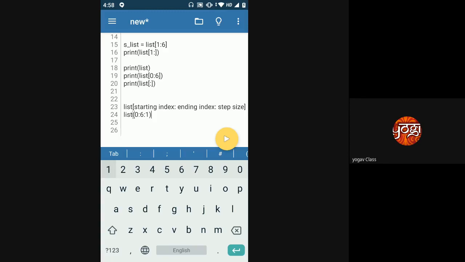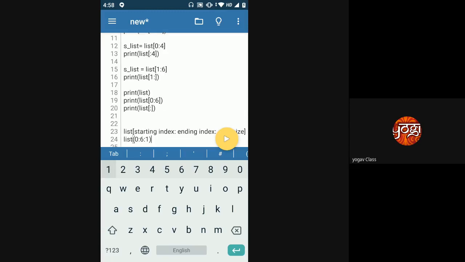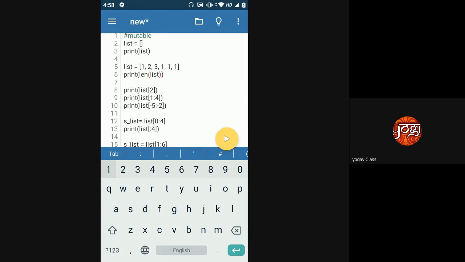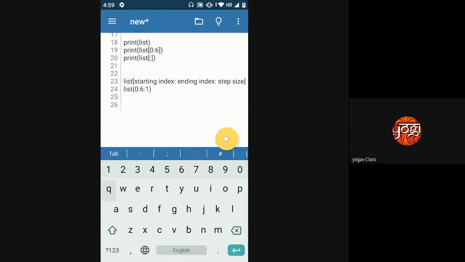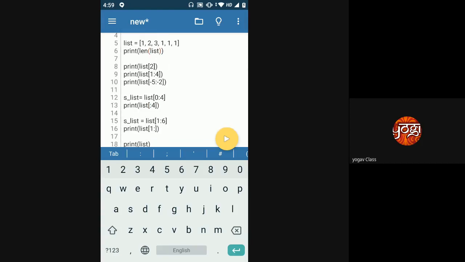Similarly, when you're giving a step size of 1 to Python, it will go on every single element from your starting index to your ending index, and if you're printing it, it will print all the elements from the start of your list to the end of your list.